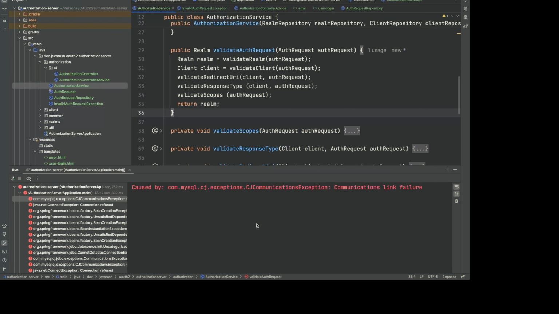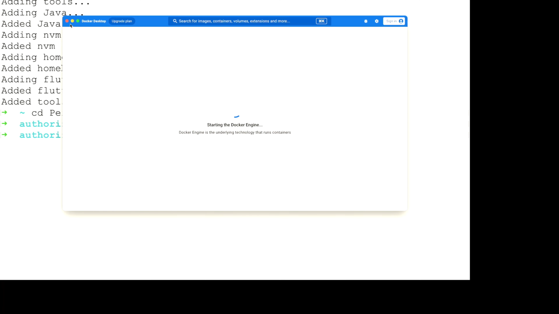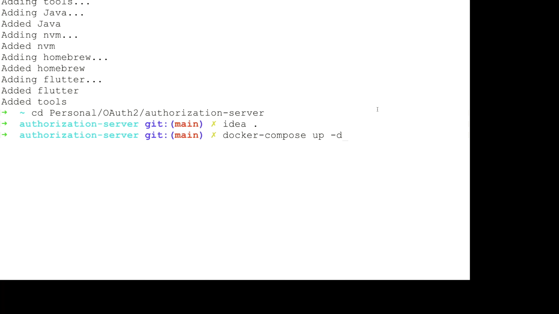Okay, we are getting some error because the MySQL database is not running. I'll just run docker compose up -d, but before that I need to start the Docker engine. When the Docker engine is running, I can run the docker compose up command, and it will spin up the MySQL